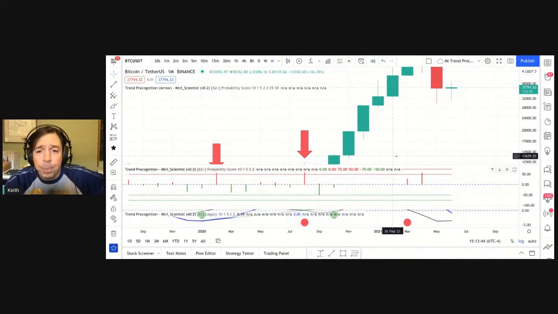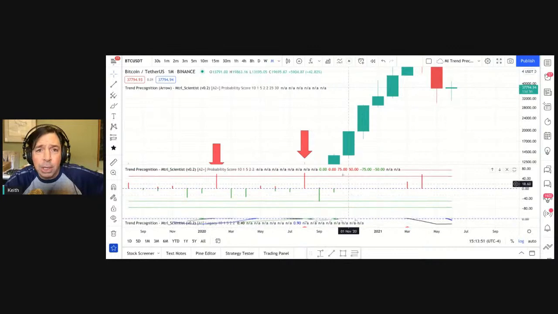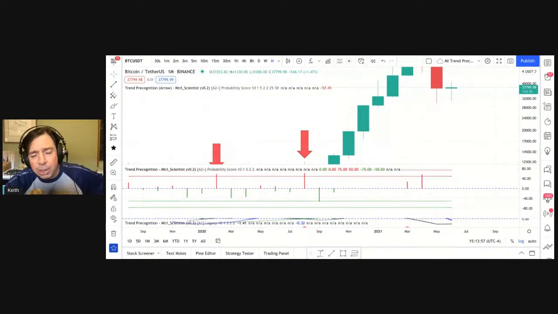Okay, so now what I want to do is first check and see if we've got any questions, and then run into how to adjust this thing for intraday timeframes. A lot of guys and girls in the community are talking about and testing it and trying it out in different timeframes and asking what is the optimal one.